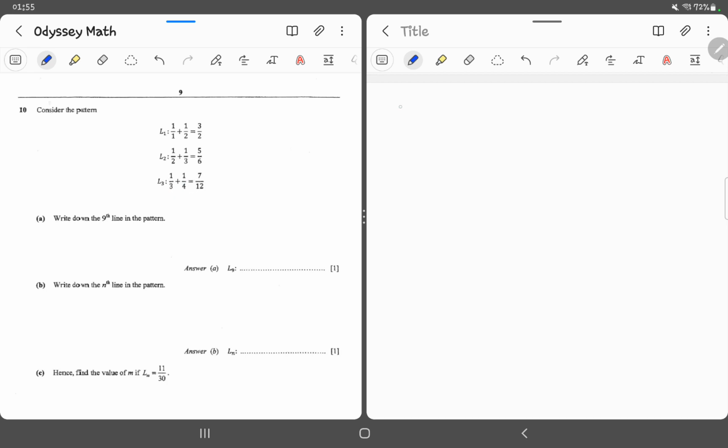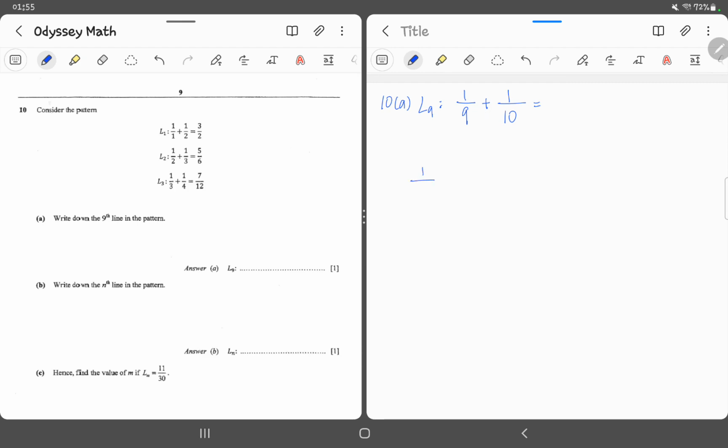Which means that the ninth line, based on this observation, so this is the kind of thing that you have to do for this type of question. So for the ninth line, it will be 1 over 9 plus 1 over, we add 1 to the 9, 10. Which this is equals to, if I were to write the working somewhere,